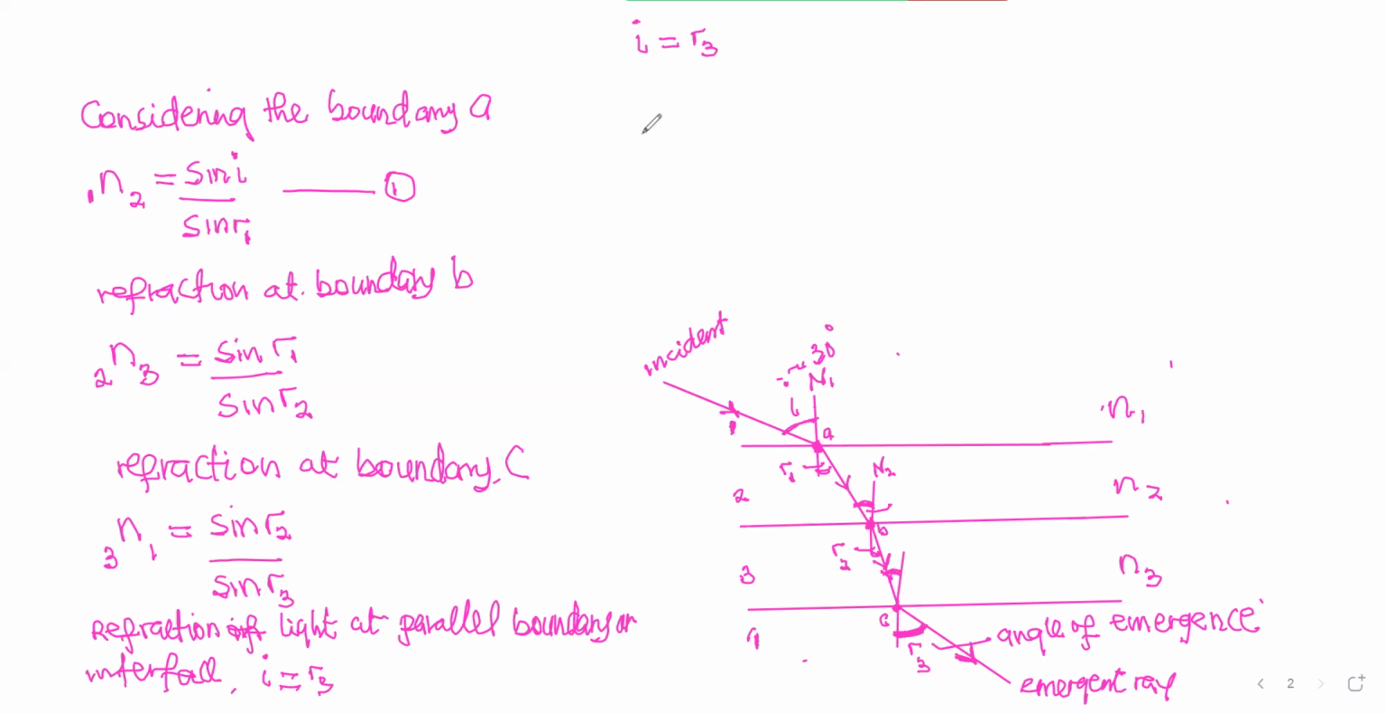let's multiply the refractive indices of all of them and see something. So the refractive index from 1 to 2 times the refractive index from 2 to 3 times the refractive index